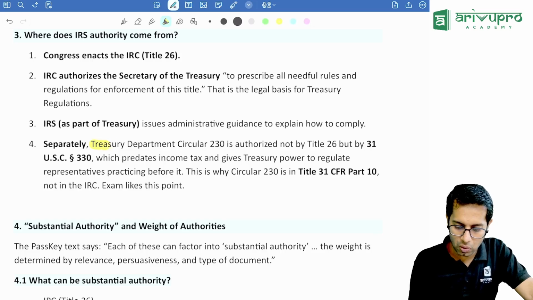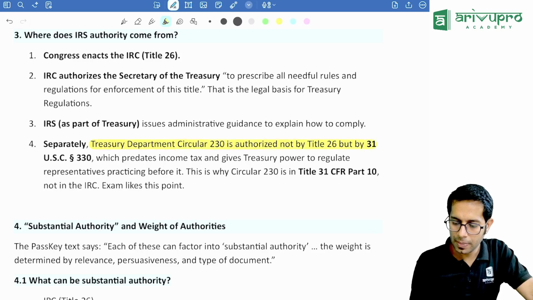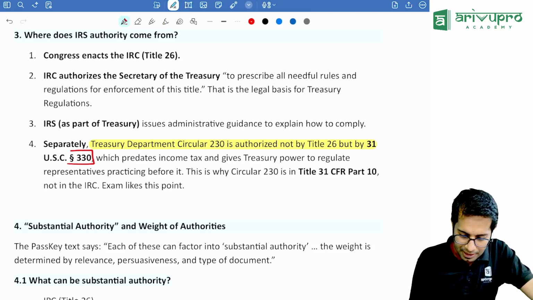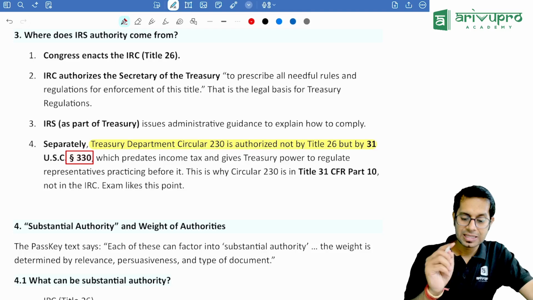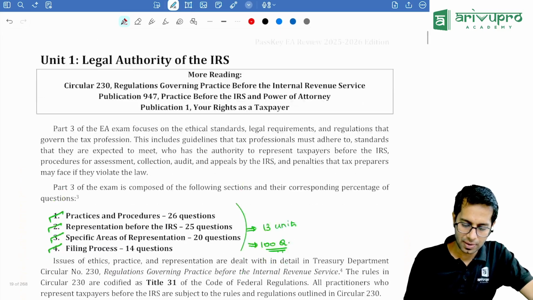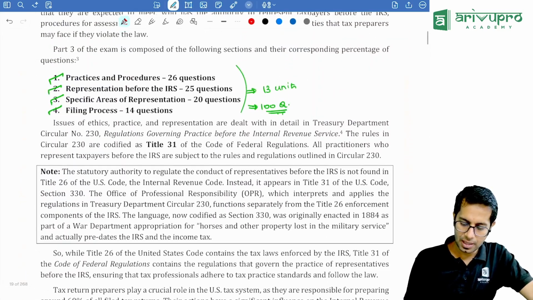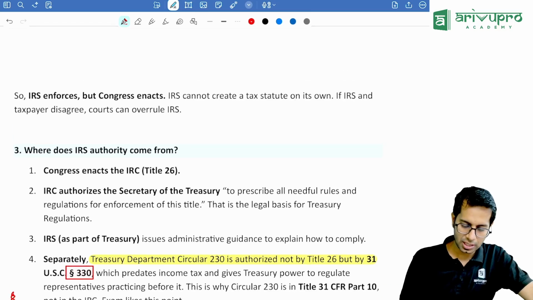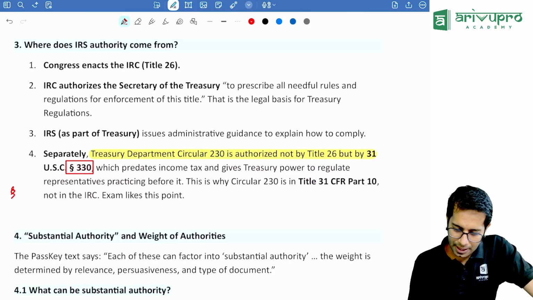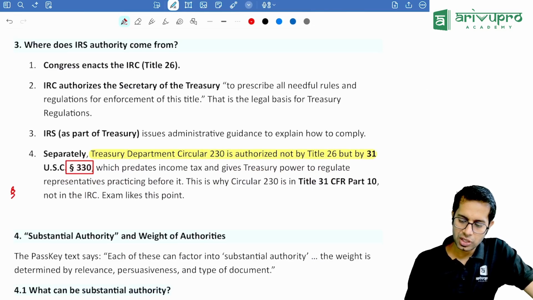Treasury Department Circular 230 is authorized not by Title 26 but by Title 31 of USC. See this symbol, if you see this symbol in the material anywhere, that means what, sir? It is section. When you are reading the material and you find that symbol, they are talking about section 330, which predates income tax and gives Treasury the power to regulate